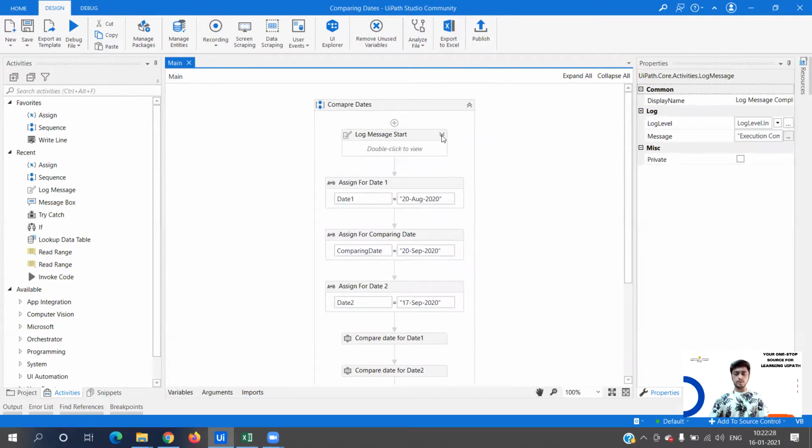Now, if you see over here, this code is basically to check if a date lies in a specific date range. If you want to see the complete video of how I'm doing this and what packages I've used, then you can see the video. I will add the link in the description.